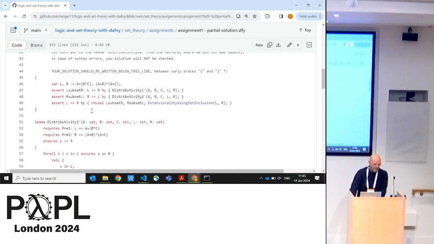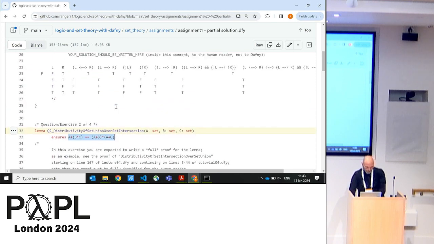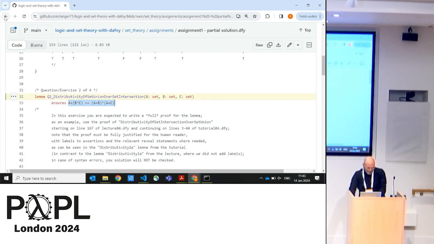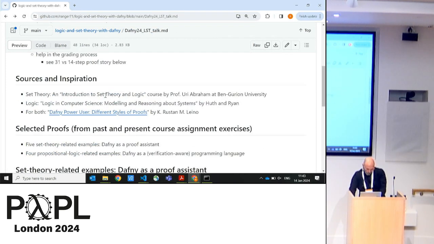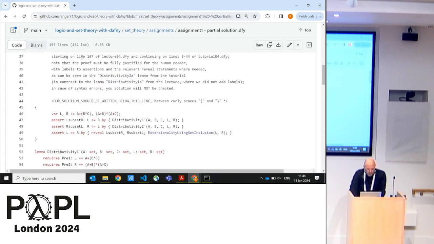We can prove it, and we've been using most of what's available in the short article I linked here, on Rustan's different styles of proofs column, right? There are different styles of proof, and we've been using all of them, and it's fun. So going back to that example, we can see here some,